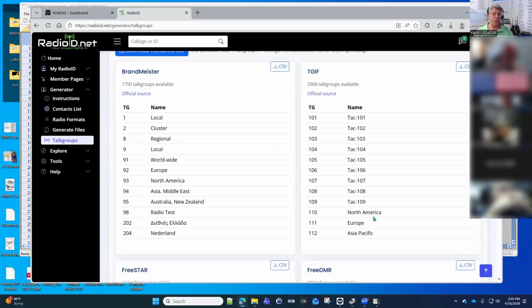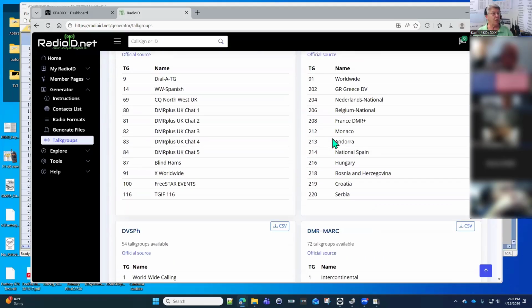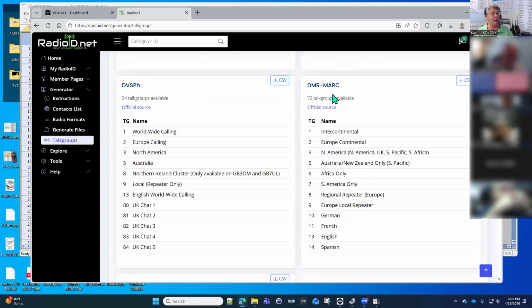So, North America is a much better choice. The Kansas City wide is a much better choice. Enough traffic that you know you're in, but not enough traffic that you can't get away from it. We've got Freestar and Free DMR. We've got DMR Mark,